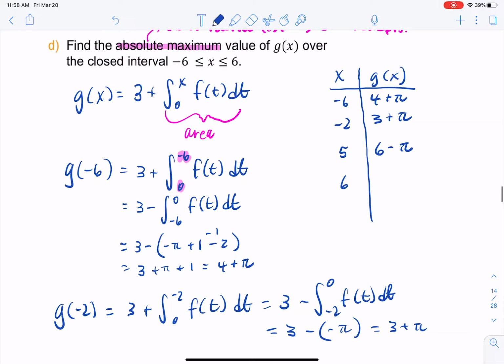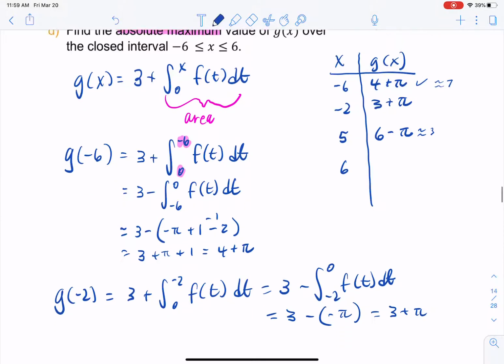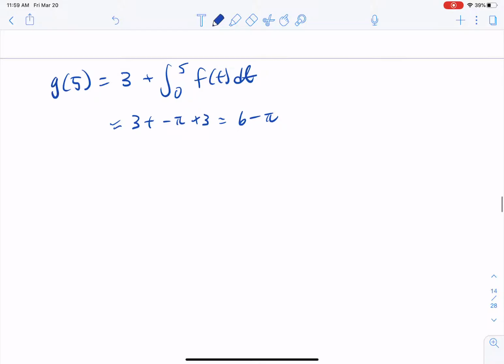Okay, so as far as this goes, pi is about 3, so I'm subtracting about 3. So this one is 3-ish. So we can still see that this thing is bigger because that would be about 7-ish, right? Okay. And then we have one more to do, and this is at positive 6, which is 3 plus the definite